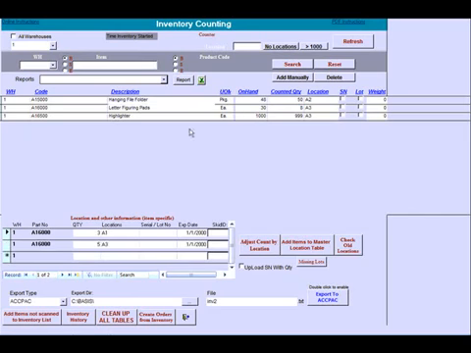So first of all, I'm just going to adjust this because I realized I made a mistake here. So I had 30 and I counted 8. I found another 20 in a different location. So when I found another 20, I have two options here. I can go with the scanner and scan them and do exactly what I just did here. If I'm on this page and I need to refresh the data that's scanned, I just click on the refresh button. If I'm going out and go back in, it asks me the question whether I want to refresh or not, so I can do it at the time. But let's say I found another of this item here. Let's say I find another 20